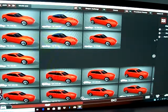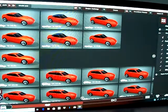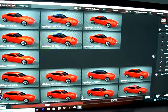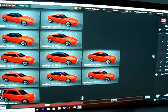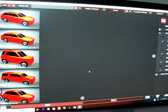The best way I think to do this is go to where it says body type. Uncheck the sedan, keep the wagon, uncheck the hatchback, uncheck the coupe. Keep the SUV body, uncheck the utility, which is a pickup truck, keep the MPV or mover, the van, and uncheck the convertibles. Use only SUVs, vans, and wagons